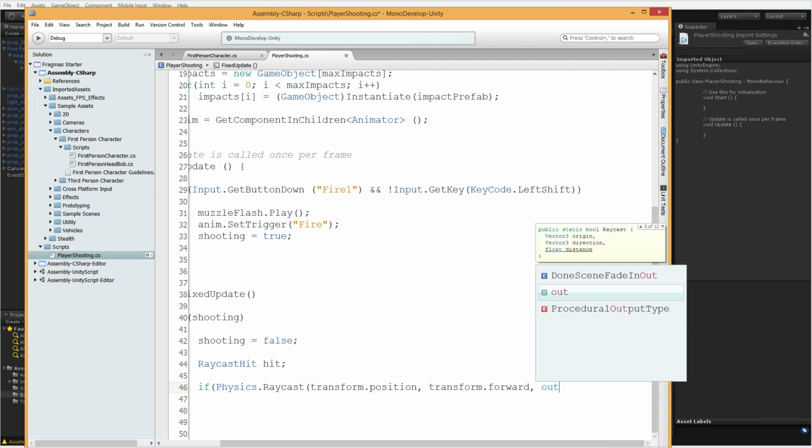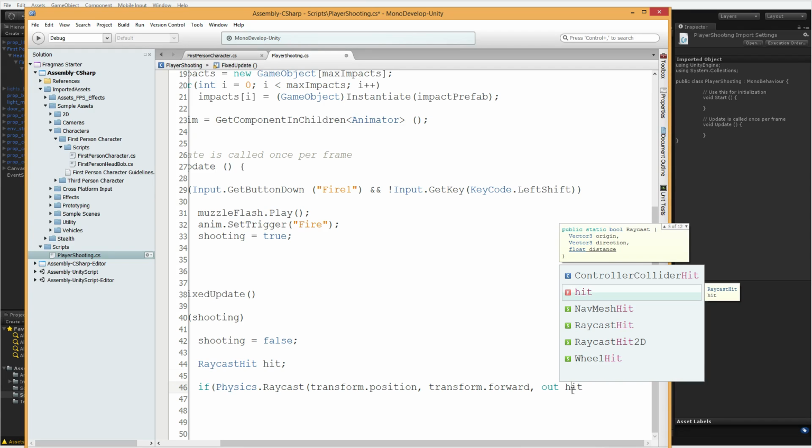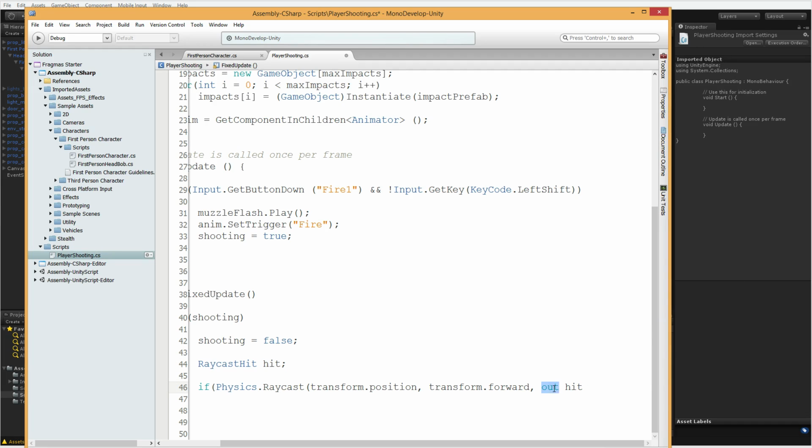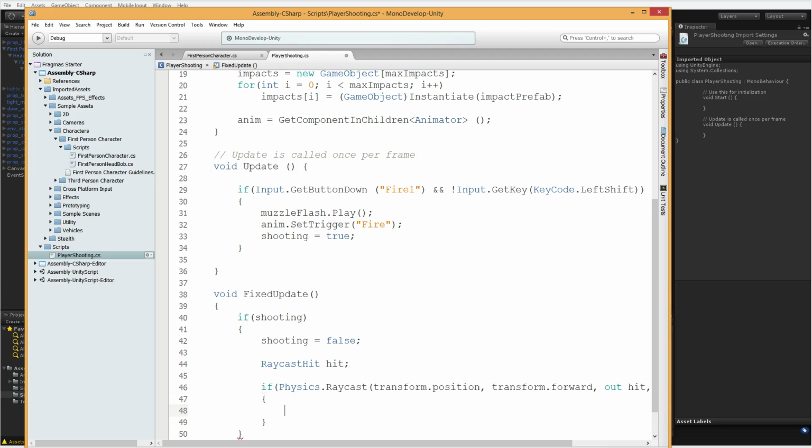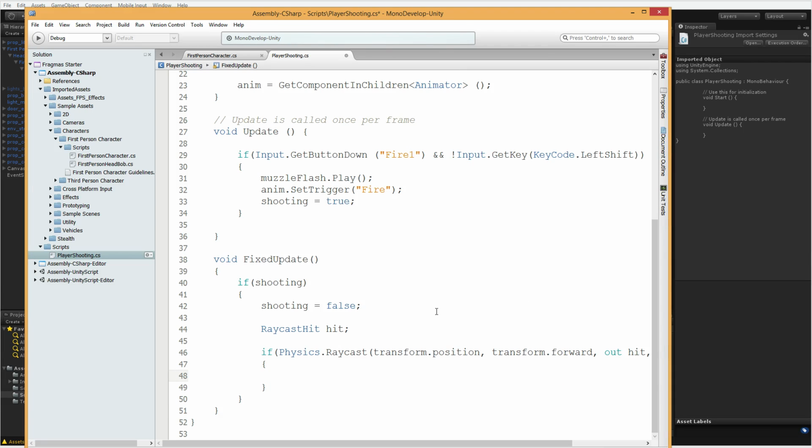And if it hits, store that information in our hit variable, which is our raycast hit. We'll use out there. And then finally, how far are we going to shoot? 50F is really far, but I'm cool with that anyway. And this is an if statement now. So it's going to return true if we hit something and false if we do not. And so what we're going to say is if we hit something, all right,